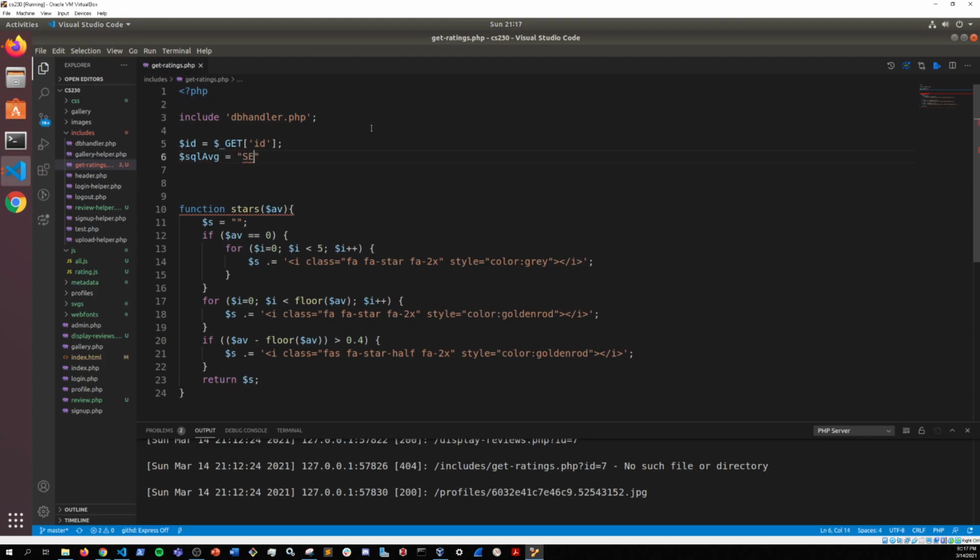And it's going to be SELECT AVG of rating_num as AVG_rate